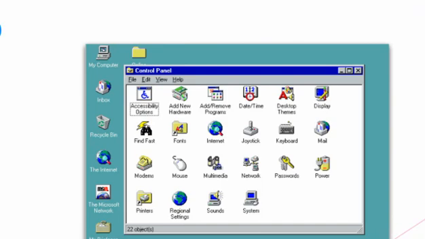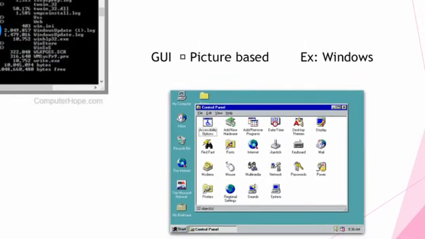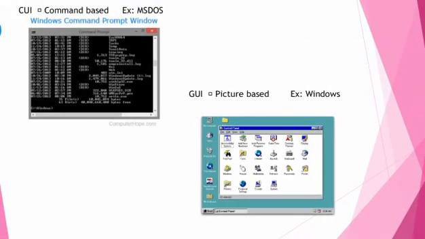If it is a connection problem, if it is connected to the internet, the modem is shown through this. Each and every operation is identified through images or pictures. So this is the best example of Windows. These are the two things: graphical user interface and character user interface.